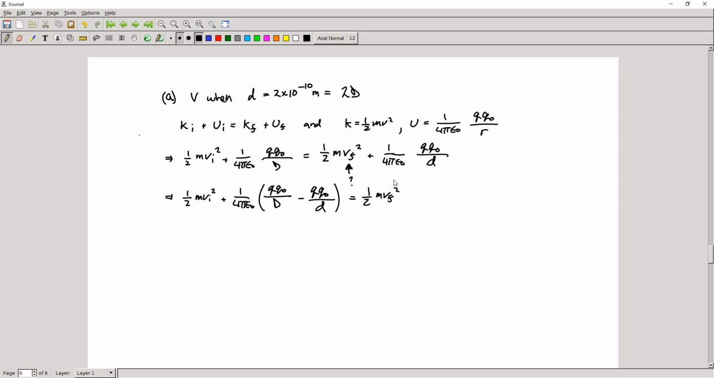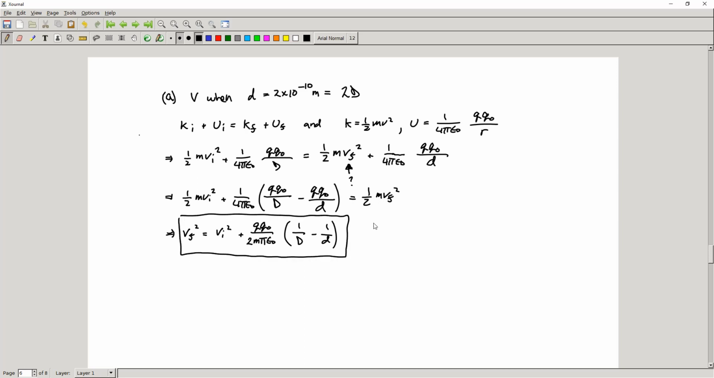So now let's solve for v final squared. We're going to multiply through by 2 over m, and so we end up with this expression here. v final squared is equal to v initial squared plus, and I'm going to factor some stuff out of this, q naught over 2m pi epsilon naught times 1 over big D minus 1 over little d. There may have been some skipped steps in there, but this is what you end up with in the end. I'm going to call that our star equation,